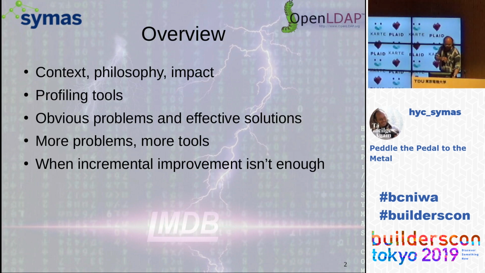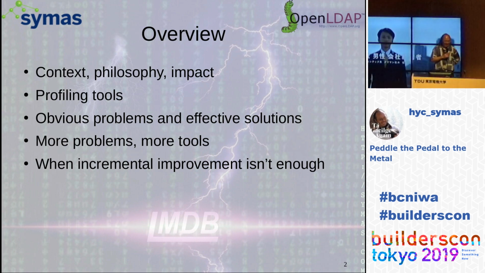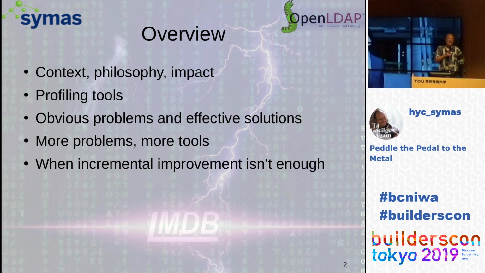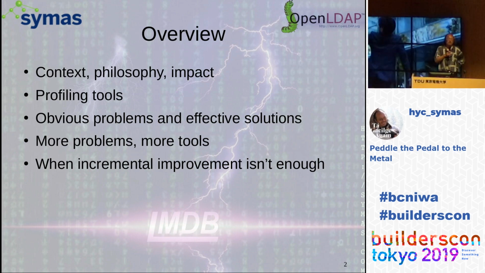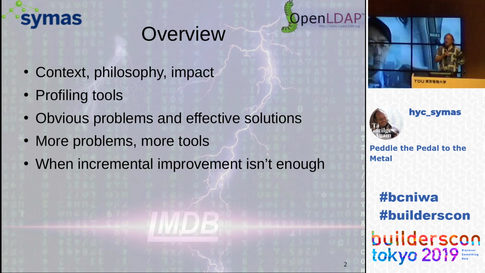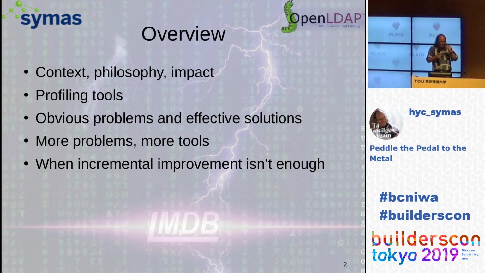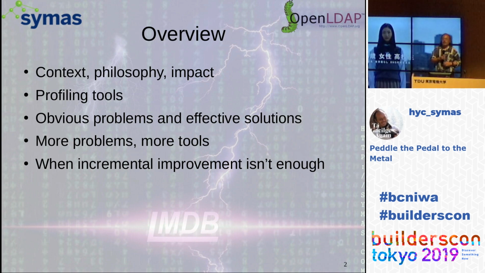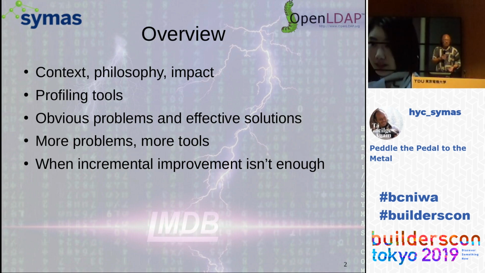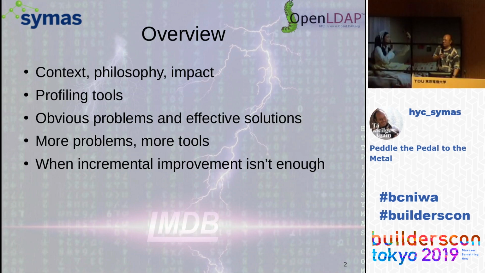The purpose of this talk is software optimization. The perspective on optimization has changed a lot in the software industry over the years. So we'll talk a little bit about where things started from and where we are today, some tools that you can use to help you when you're analyzing your own software, common problems that you might run into in performance issues, and other ways to solve things,